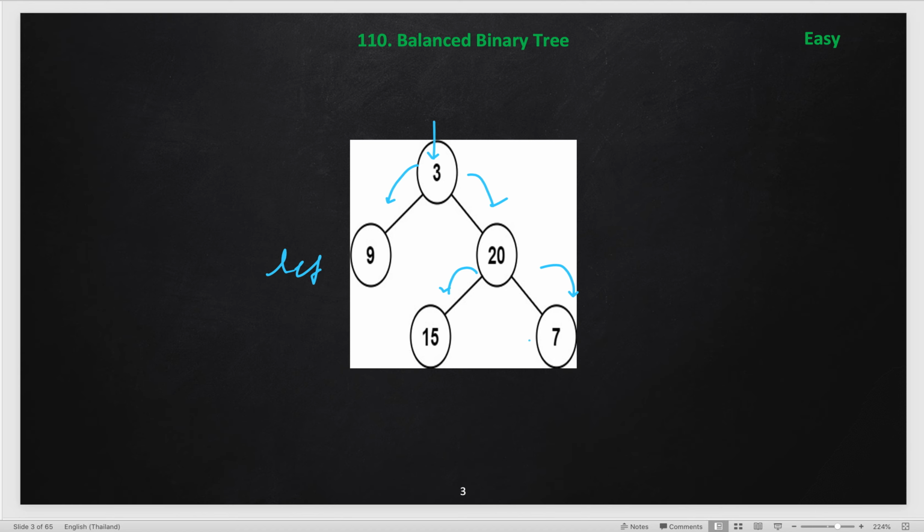So once we reach the leaf node and get all the heights, we will check: if the absolute value of left height minus right height is less than or equal to 1, which means this condition is balanced. But here we will do the reverse check: if it is greater than 1, which means this is violating the balance, so that node is not balanced.